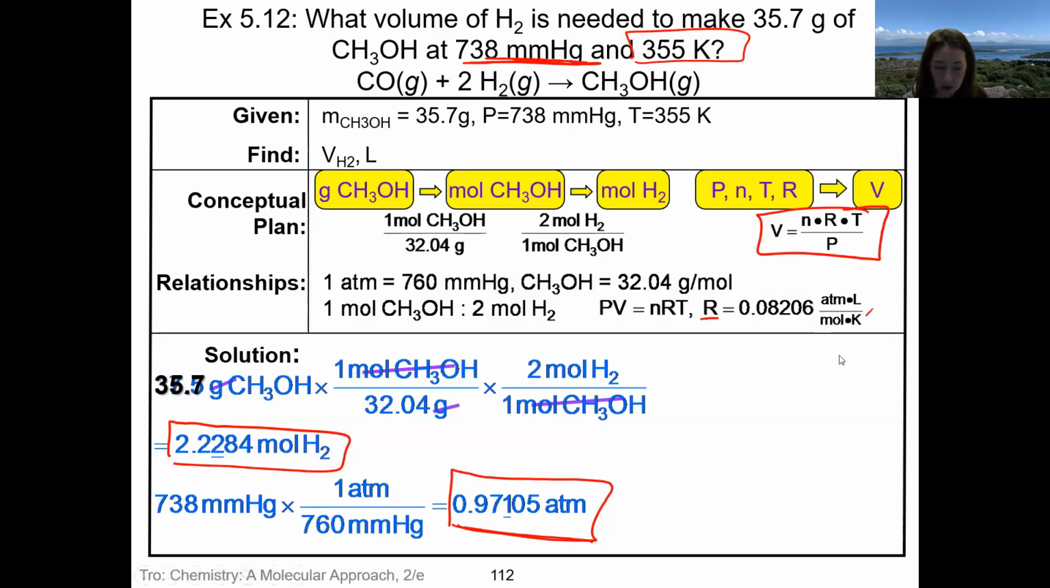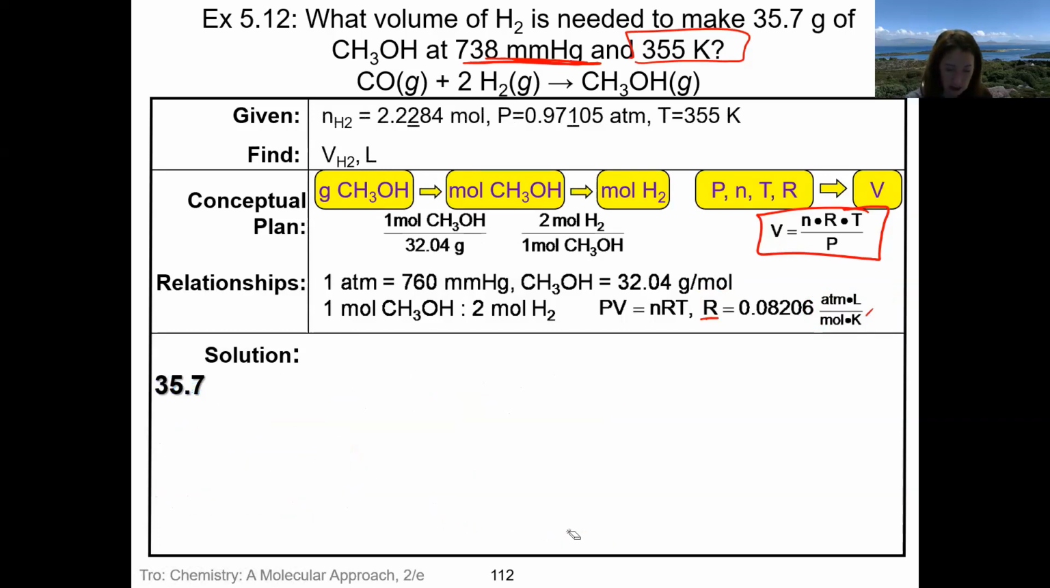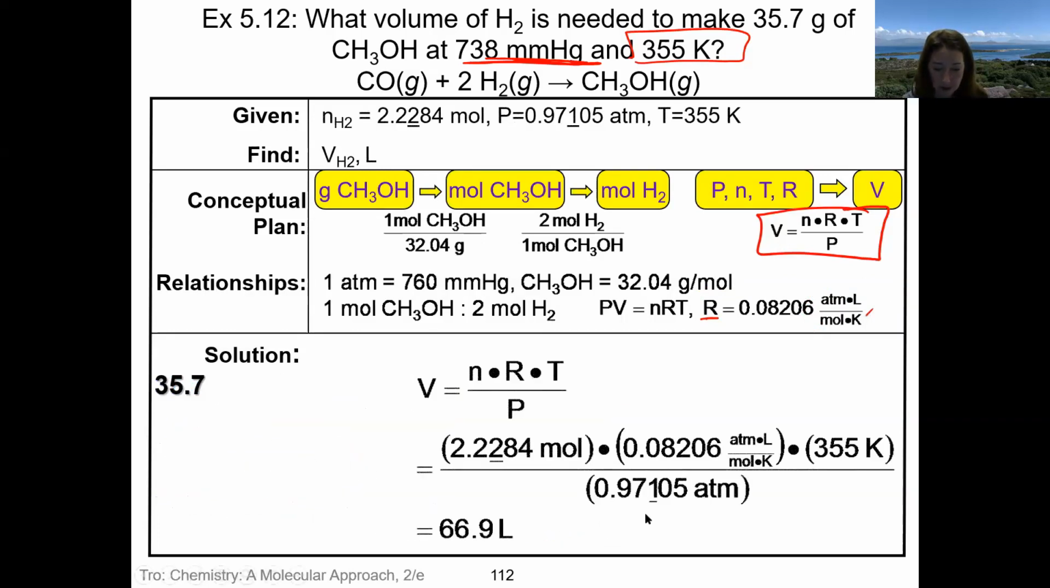All right, so when we plug all of that in, which I'm not going to write because my hand is crazy. So there's our moles of hydrogen, our R, our temperature, our pressure, and we get 66.9 liters. And all of our units indeed cross off. Okay, so again, when we're doing stoichiometry of gases, it's always like a mixture of stoichiometry and PV equals